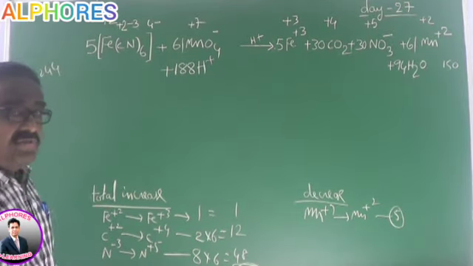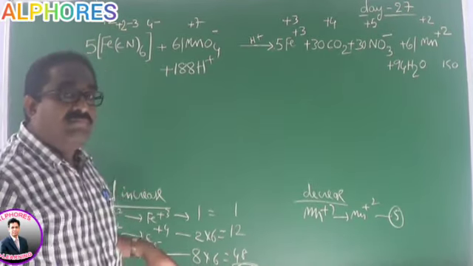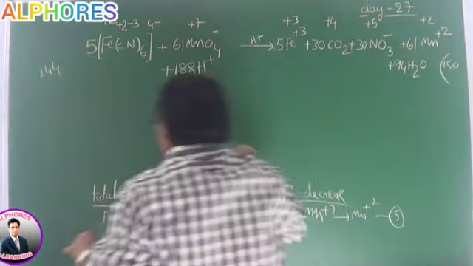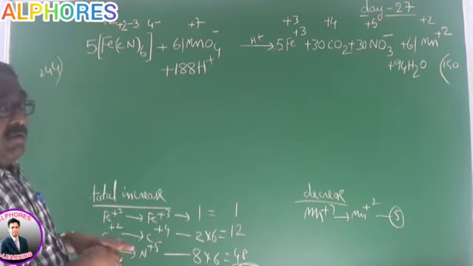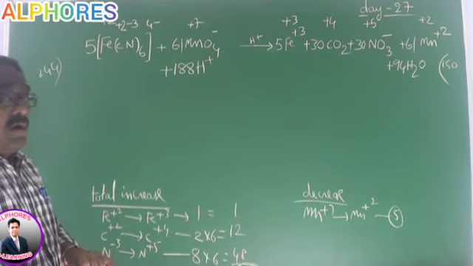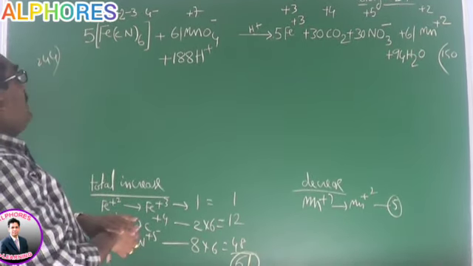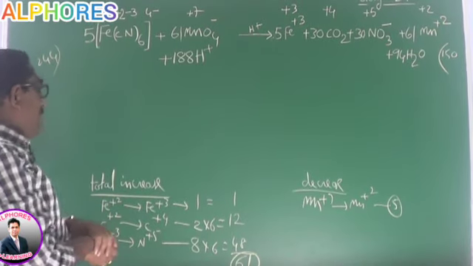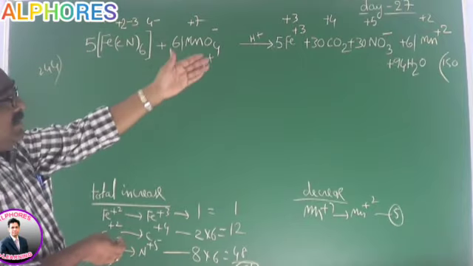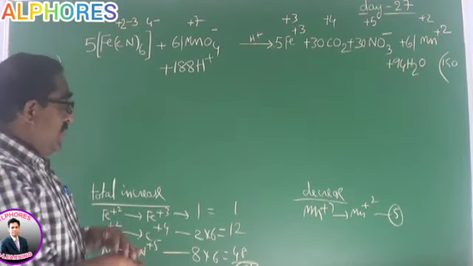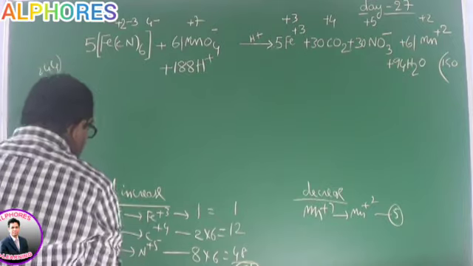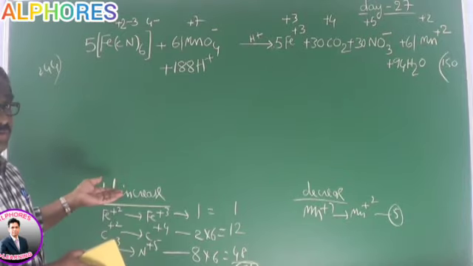See, such large coefficients, but the procedure is the same. The only thing is, you should be careful with the calculation part, very cautious, otherwise it may lead to a wrong answer. So this is one example which contains large coefficients like 188, 61, 94. Let me go for one more equation. Please note it down and I will go for the next one.